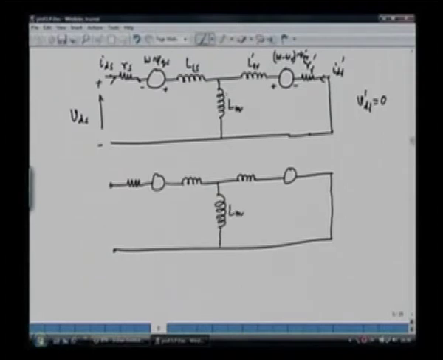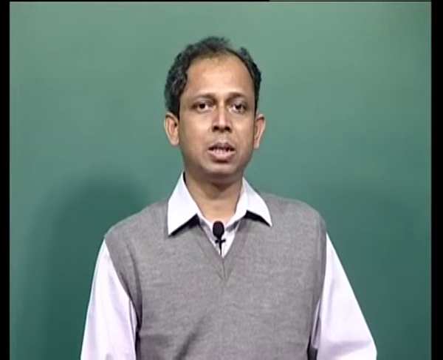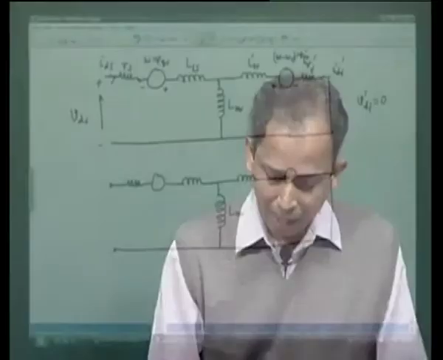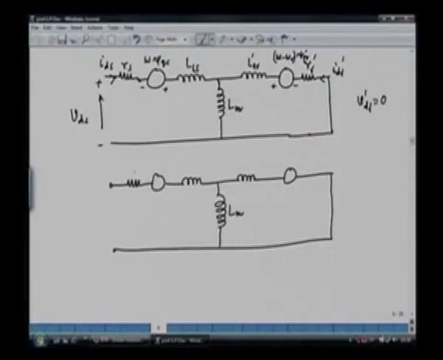Inductances are same for D and Q axis because we have a cylindrical structure. In an induction machine, the rotor is cylindrical, the stator is also cylindrical, the air gap is uniform, and hence the inductance of the D and Q axis are the same. So we can say here that we have the same RS in this case, we have the same LS, we have same LR,